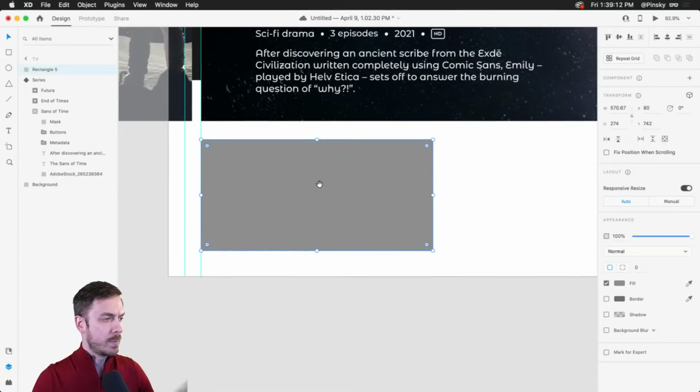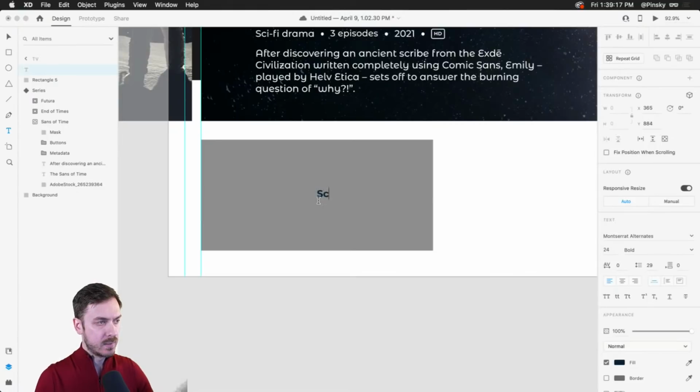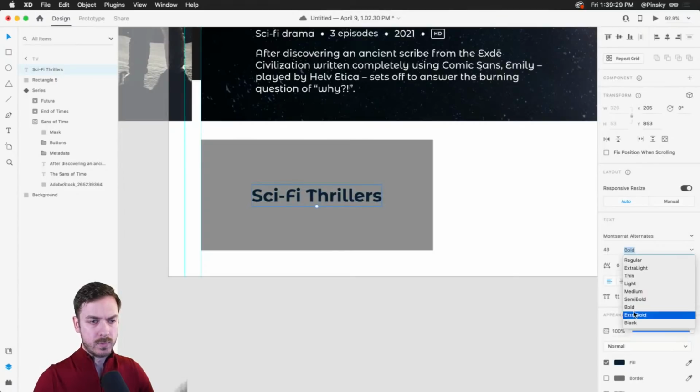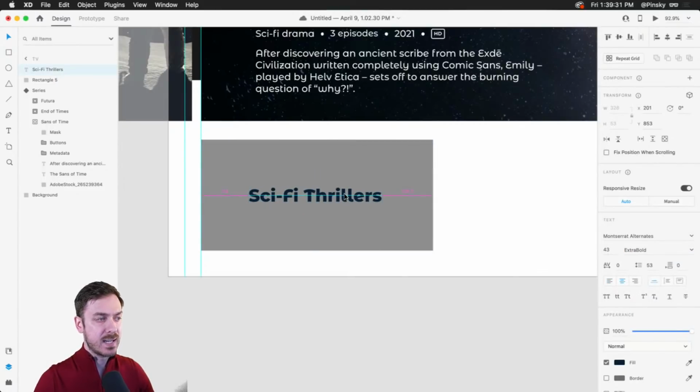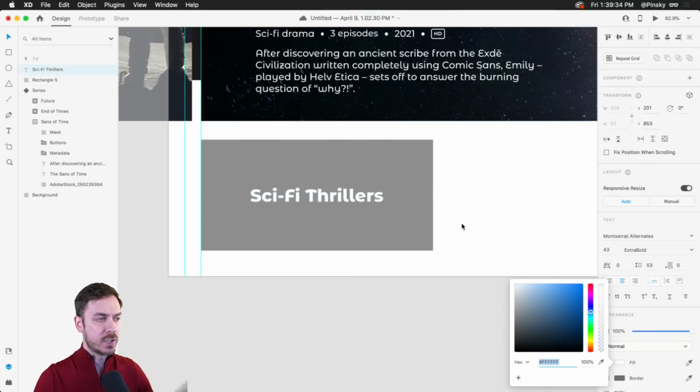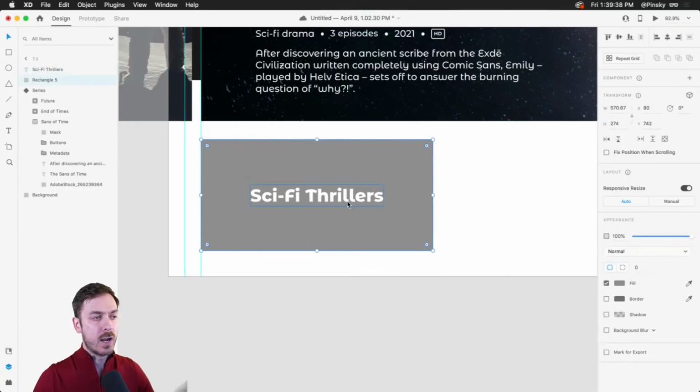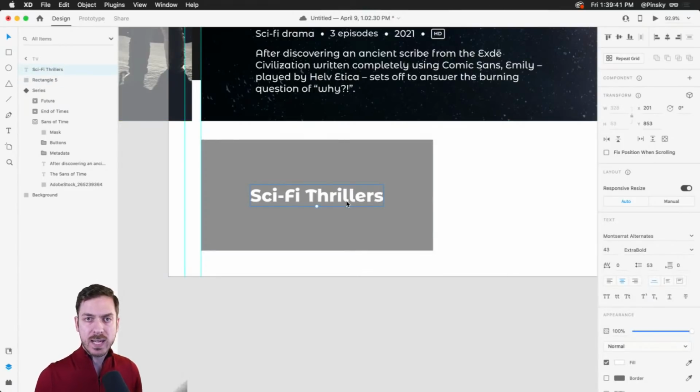All right. Now on top of this, we may want some text. So this might say something like sci-fi thrillers. Make it a little bit larger so it's nice and legible. Extra bold. Now this one we can center this text, it would make sense. And we're going to change the color to white. Now we may also run into, like we did previously with this at the top, depending on the images in the background, some issues where we might have to tweak or add some overlays, but we'll get there in a second.